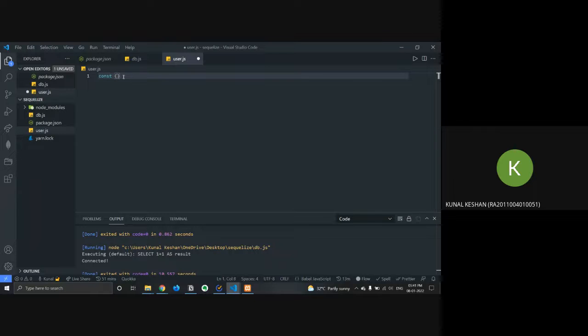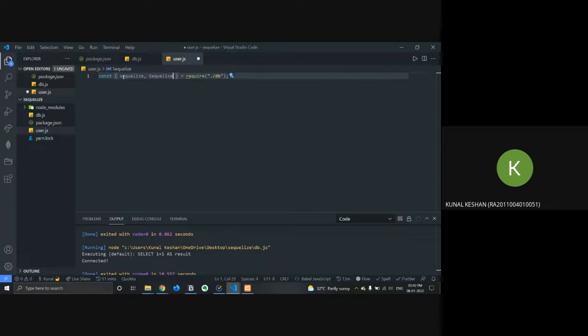I require, and over here it's just this database object, and this means I'm destructuring. So Sequelize will automatically show up, and the Sequelize library itself.